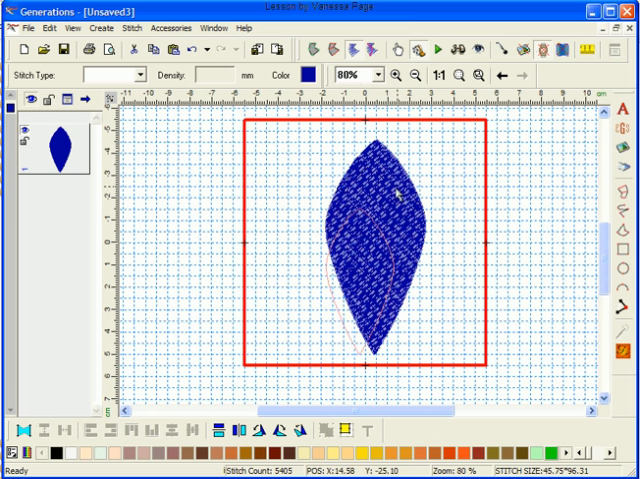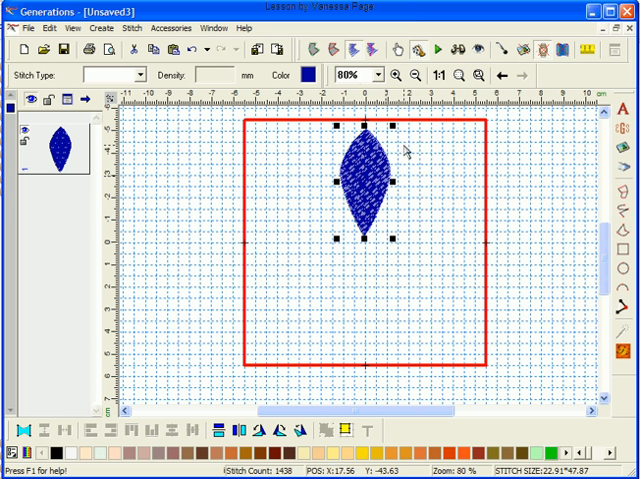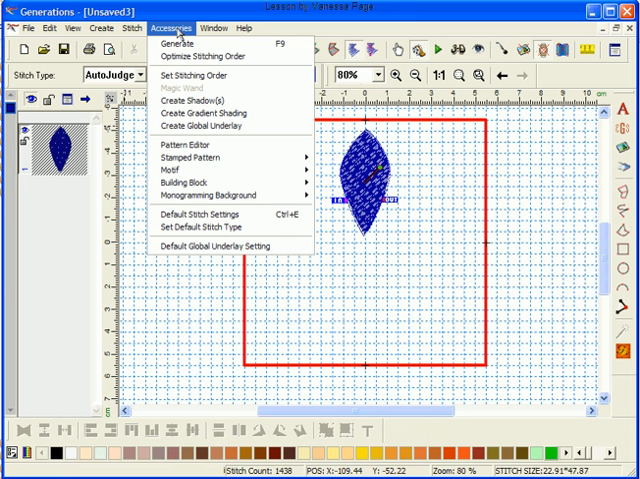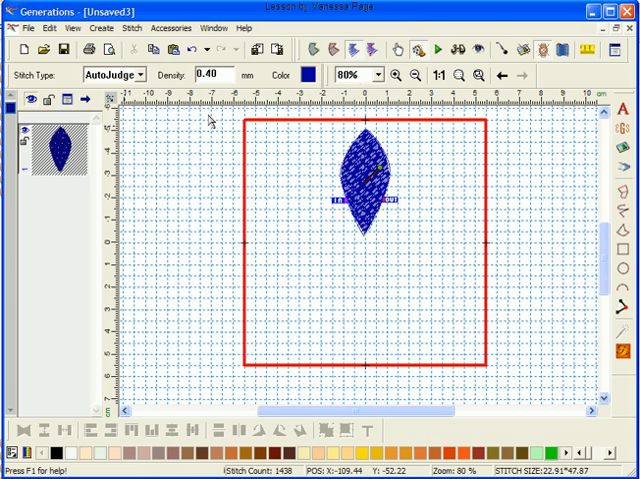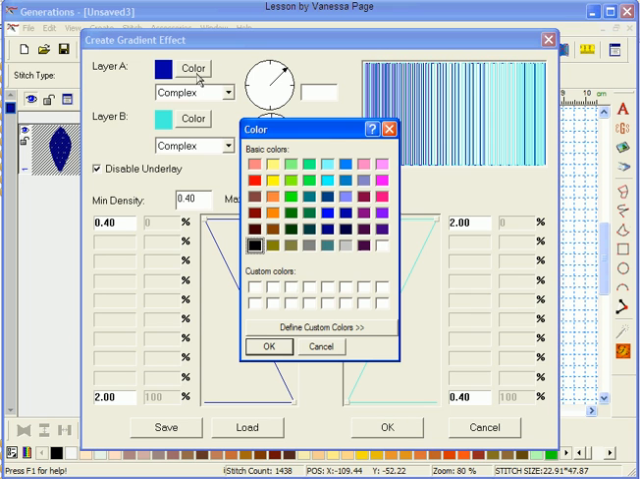Now I'm just going to drag that in to change the size of it, or you can use your resize, and bring it up to the top part of my hoop area, which is, by the way, 4x4. Now I'm going to select it, go to accessories and create gradient shading. Now the gradient shading box opens. The first thing I'm going to do is disable underlay. I'll also change my colors